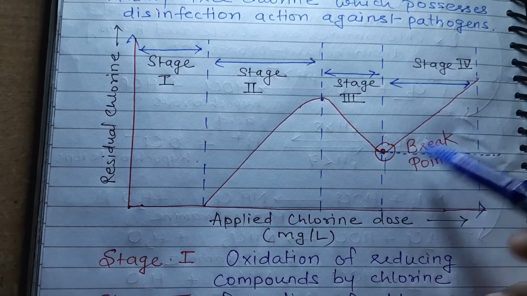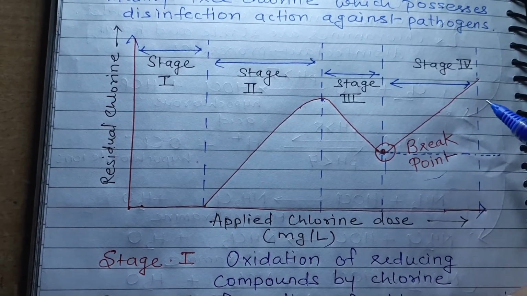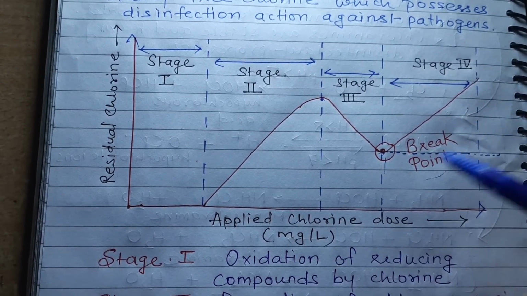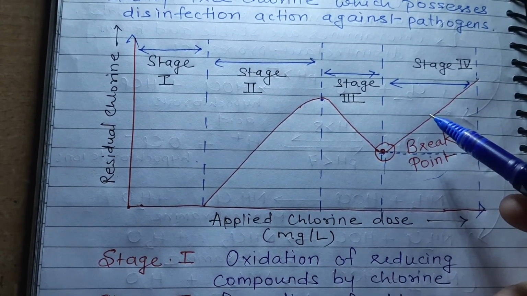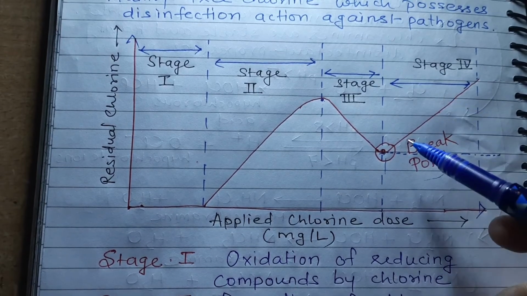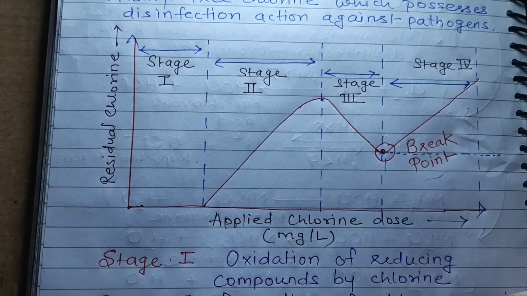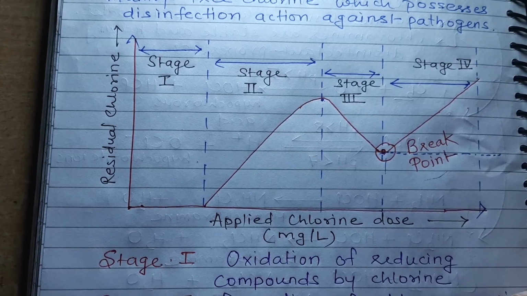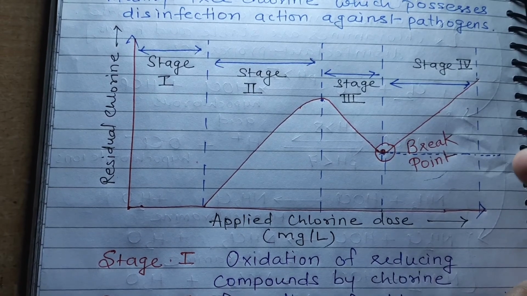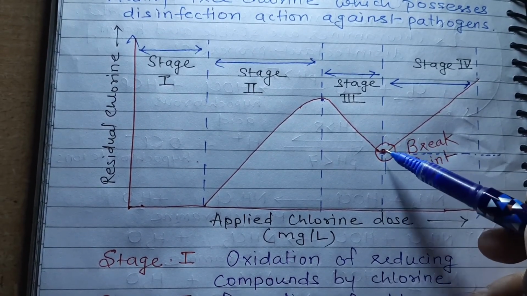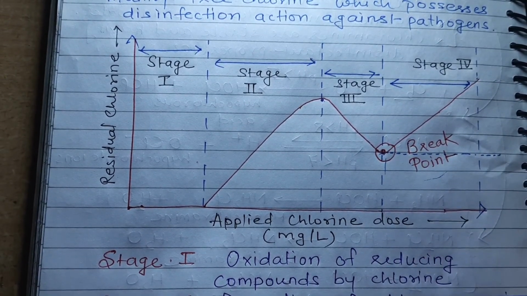Now breakpoint chlorination is also very much required because it gives us an idea of how much chlorine is to be added to the water. It is because if you add a huge quantity of chlorine in water, you cannot use it for your domestic purposes. It imparts a taste and a particular smell to the water. So you cannot add an enormous quantity of chlorine into the water. So how to measure how much quantity is to be added? This breakpoint chlorination is done.